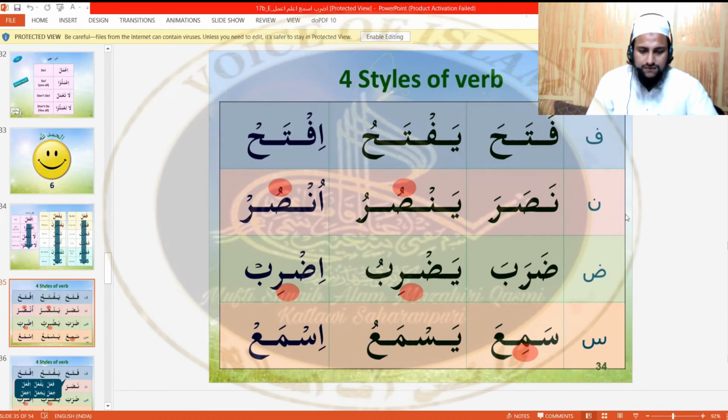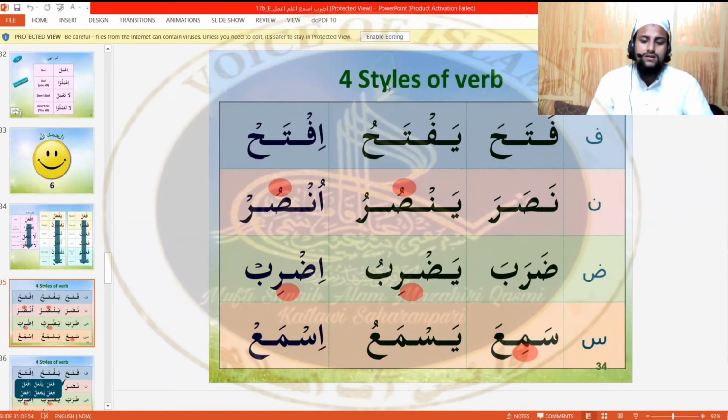On these four patterns the past words, the words of madi, will come.